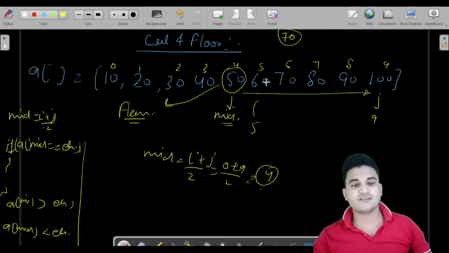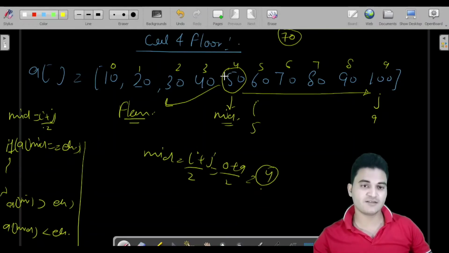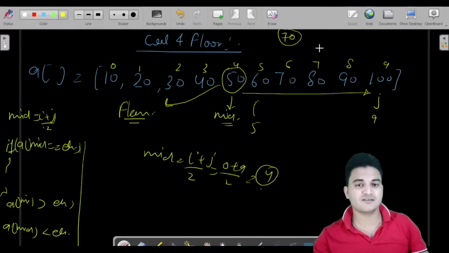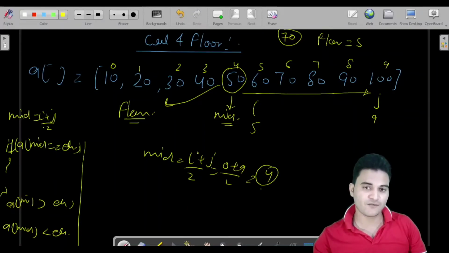Why? Let us suppose you were searching for 70, then there might be a possibility that this could be a floor. We would consider this 50 as a potential floor, not exactly floor, but a potential floor. And I will tell you why we are considering a potential floor. If we have moved I, that means the 50 may be the potential floor. Why? Because let us suppose you were searching for 60. Obviously in that case 50 would be the floor. So that is why we are taking the floor as 50.